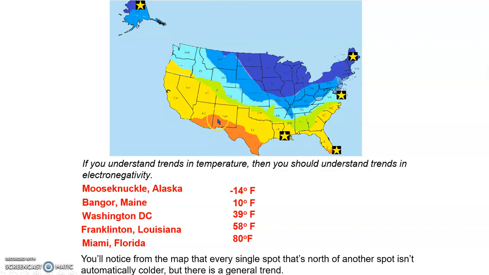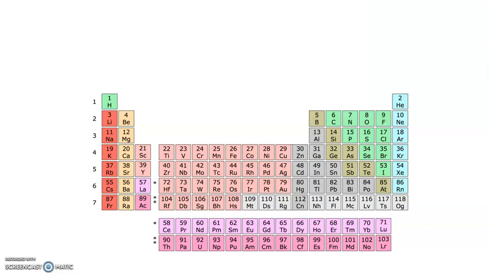For example, here with Arizona, New Mexico, Texas, you've got some areas that are warmer than some places in Louisiana, Mississippi, Florida, even though they're further north. The rule is supposed to be the further north you go, the colder you get. Well, it's not always a one-to-one relationship with how far north you are versus how cold it is. But the overall trend is the further north you go, the chillier it gets. And that's what works most of the time when we're talking about trends on the periodic table. So, speaking of which,